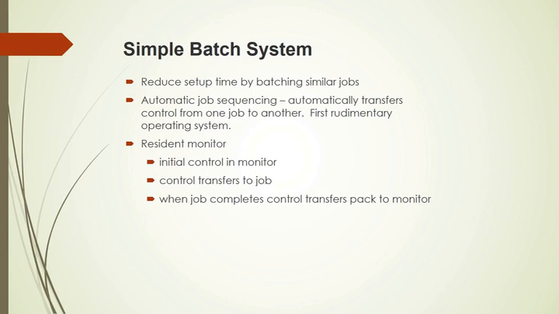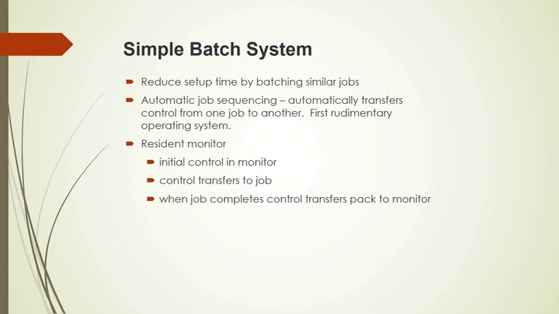So before we go to resident monitor, let us understand the steps how it works. Then we'll go to resident monitor. So the user submits a job, usually in a card, to a computer operator. The computer operator places a batch of several jobs on an input device. Jobs are batched together, that is jobs are grouped together by the type of requirement. For example, say a group of 10 programs or 10 jobs of the similar type are considered as one job.